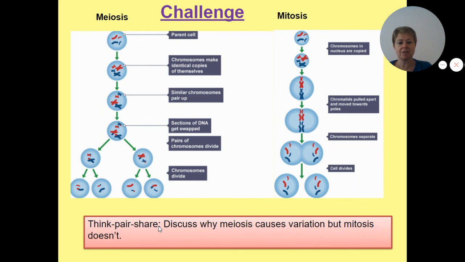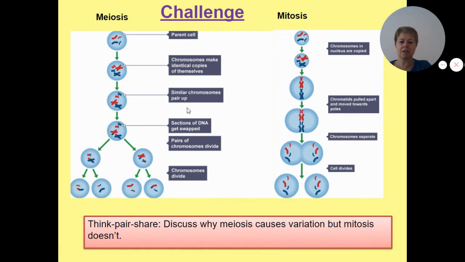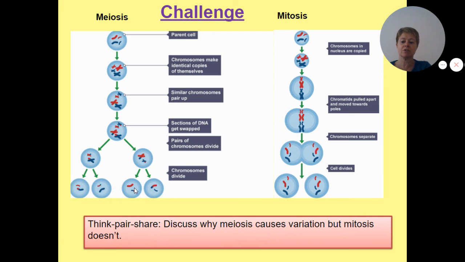Okay, so if you've thought about this task, then the reason we get variation in meiosis is because of this very important section here. In this stage, you can see from the colours in this diagram, we actually get some swapping over of genetic material. So this chromosome and this chromosome have actually swapped some DNA. And that means that right at the end of the process, we end up with 4 daughter cells that are completely different to each other,